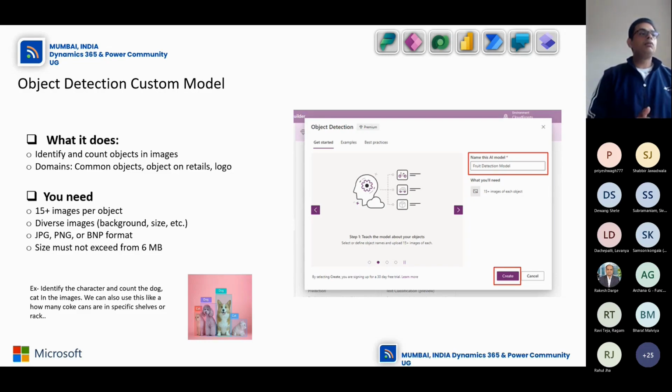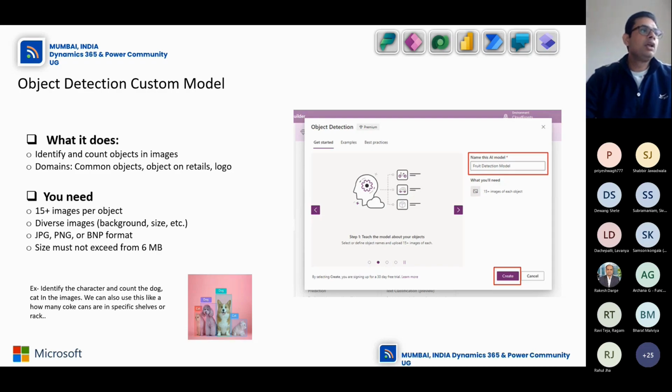into a database. One real-time example: I was working with Tesco a few years back, and they used this object detection custom model. They have a shelf with some Coke cans. Rather than counting, they just click the picture and put it in the system, and the system will tell how many Coke cans are on the shelves. So they maintain the stock by using this. That was a very, very useful model for Tesco, and it's also useful for any character scanning that